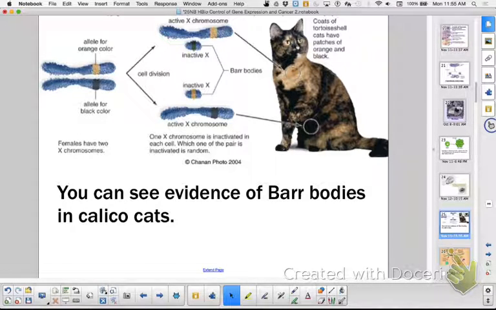Heterochromatin is a dark staining inactive, so it's tightly wound. And there's also a light